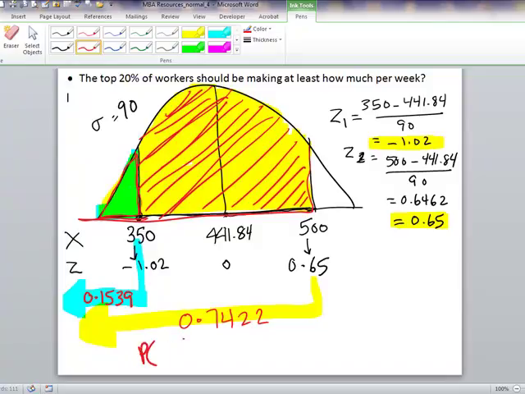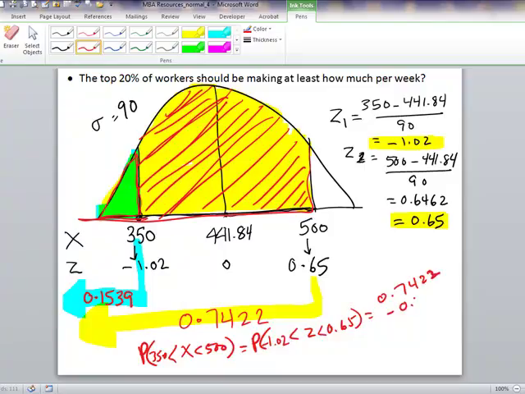Probability that x is greater than 350 and less than 500 is equal to the probability that z is greater than negative 1.02 and z is less than 0.65, which is 0.7422 minus 0.1539, and the answer is